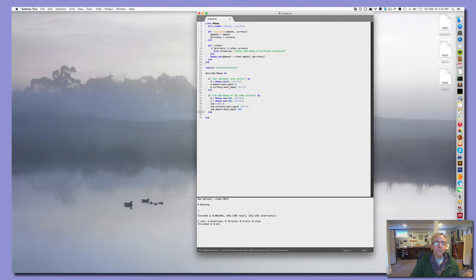Can we multiply money? Sure, let's try that. It can multiply an amount by its scalar, by a number. Do m equals money.new $1,000, new product equals m times 5,